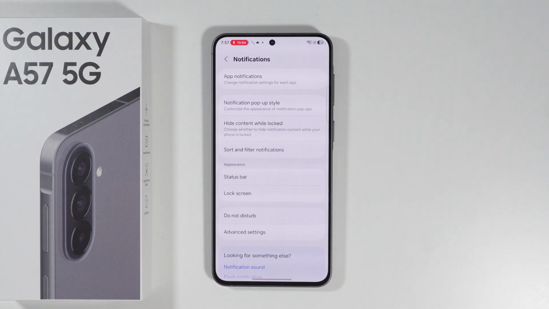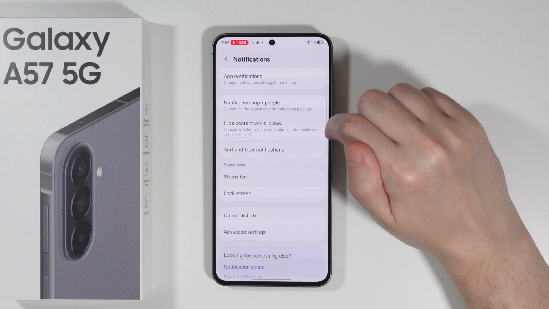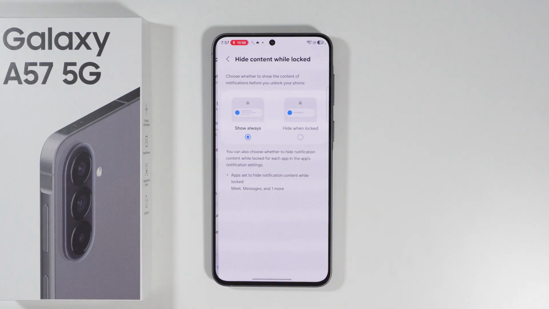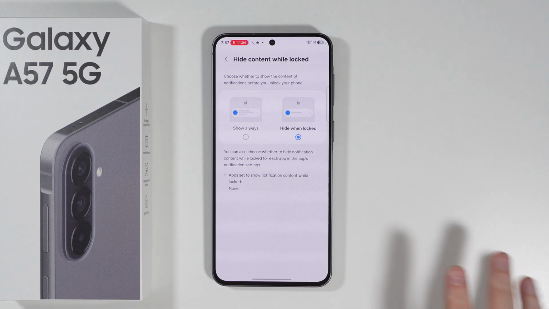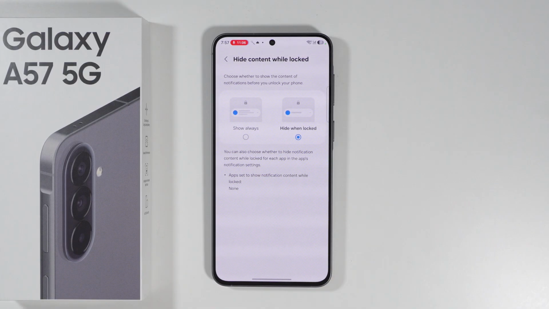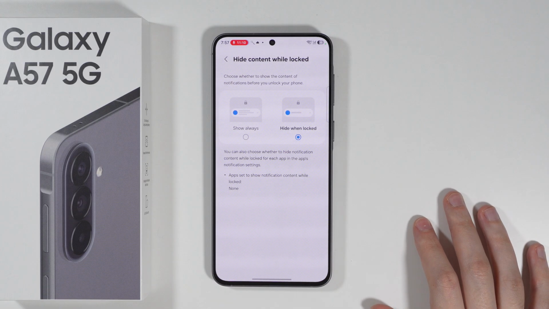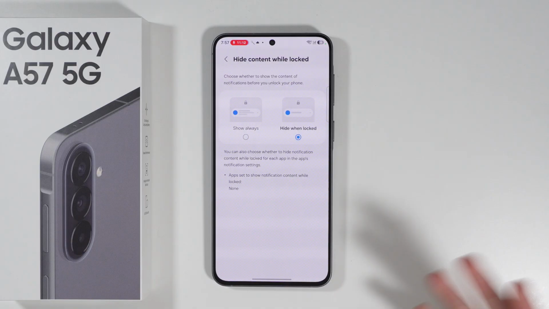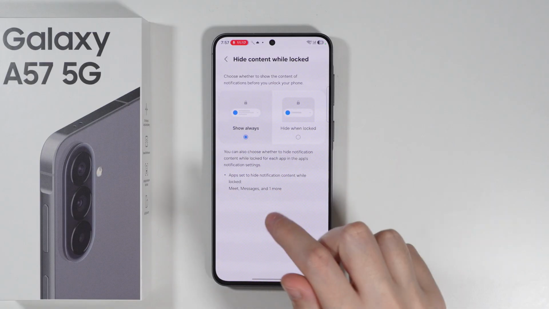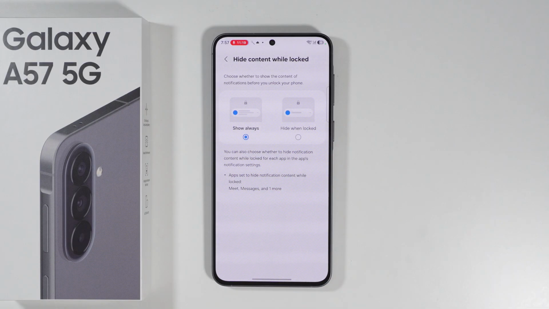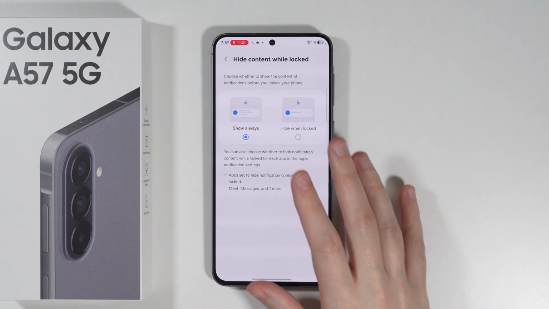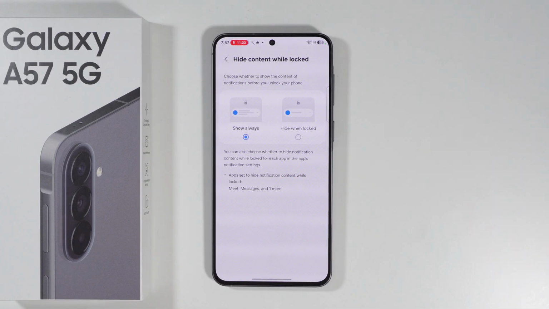Besides that, another thing that you might want to do is you want to go to hide content while locked. So if the content is hidden, while you might be able to see the navbar itself, you might not be able to interact with these notifications or with these apps that are supposed to be displayed on the navbar. So you might not see any information whatsoever, you might not be able to manage the app, hence why this content must be shown,